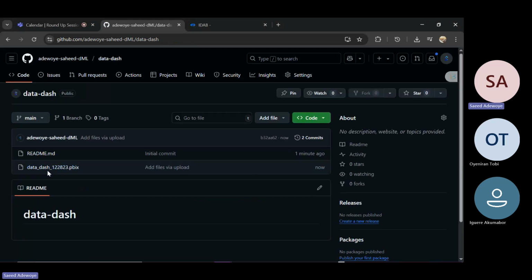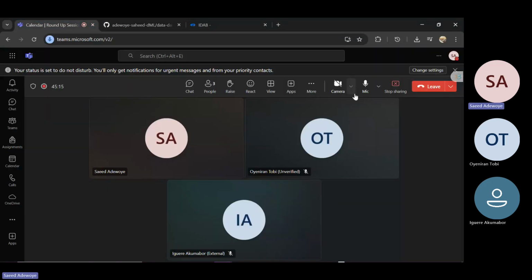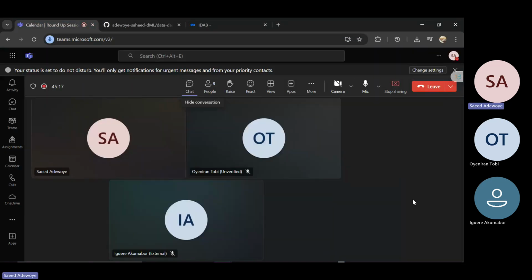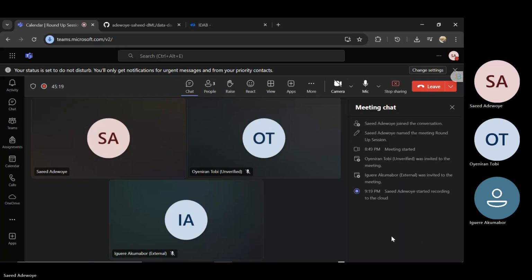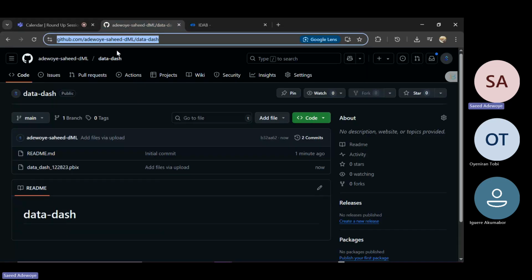As you can see, here is now our new Power BI file. So I can simply share this link with you guys and you can access it as the live link. You can simply access it directly. Let me just paste it here. So without going any extra mile, you can simply access what is inside the account and everything like that.